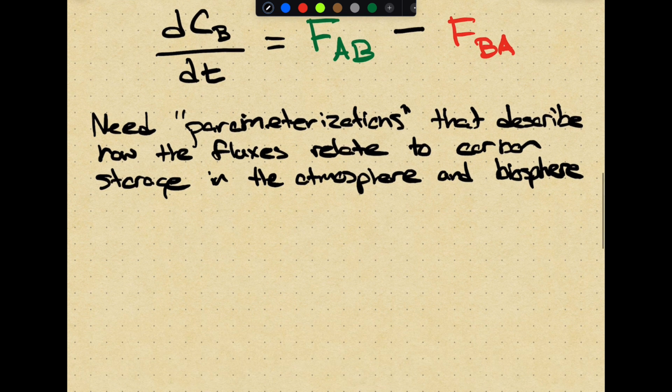Okay. All right, so I said we were going to start simple. We're going to start very simple. So let's start with this flux from the atmosphere to the biosphere, and I'll keep using green. So FAB. What are the dynamics I'm trying to capture? What am I trying to capture here? Well,